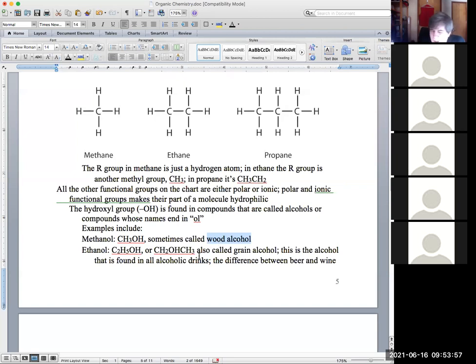Now, ethanol has the formula C2H5OH, or it's sometimes written as CH3CH2OH. So notice if we look at ethane, and you might guess ethanol, we're going to take one of these hydrogens off our first carbon, and we're going to replace it with an OH. Now notice if we do that, it doesn't really matter if we take the top hydrogen or the middle or the bottom one,